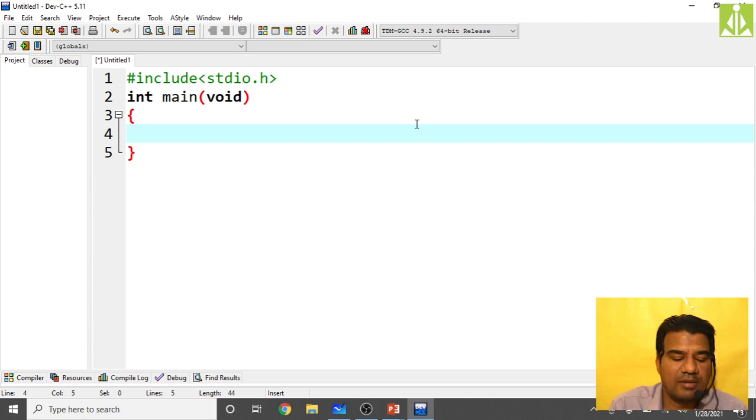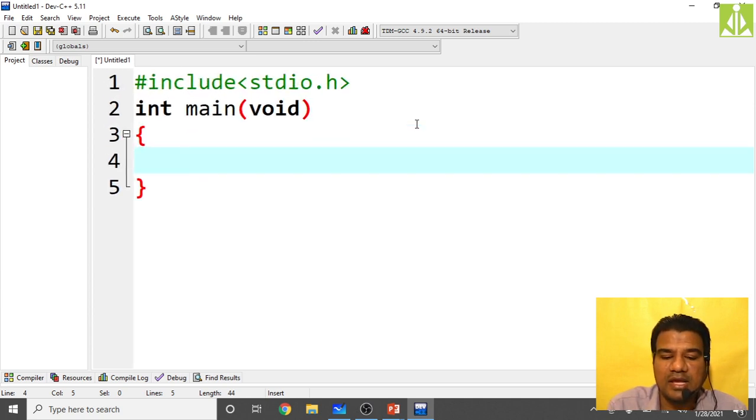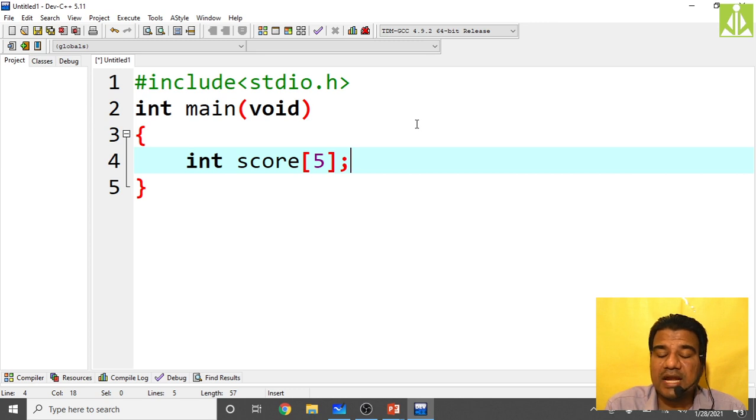Now what I am doing is declaring an array. How can we do the declaration? Give the name to the array: scores is my array name. Then what else is missing? Specify the type, int. Again, what else is missing? The size I have to specify, like 5 elements. So this is my array declaration. Now I have two possibilities: either I can do the initialization within the program, or I can do the initialization from the keyboard.